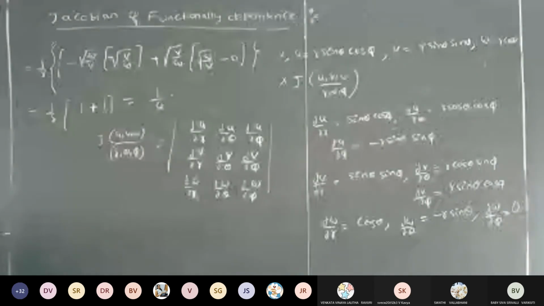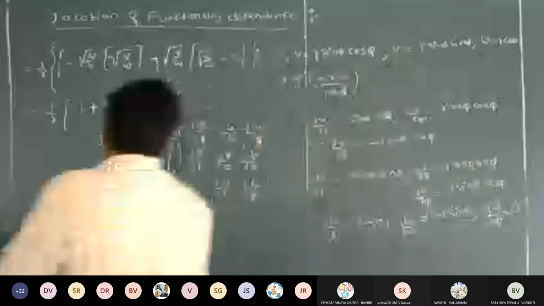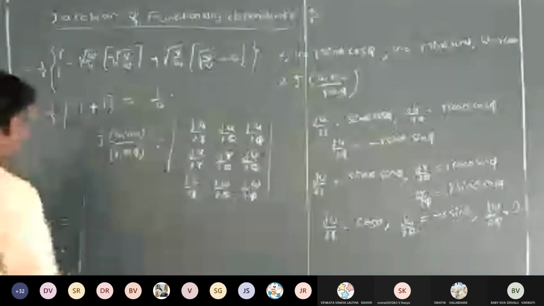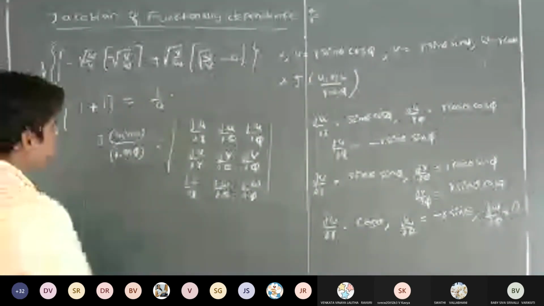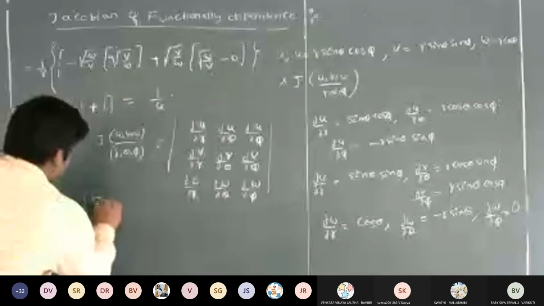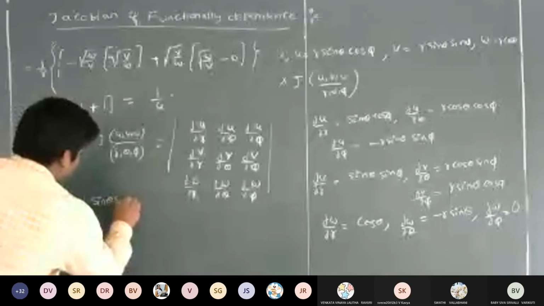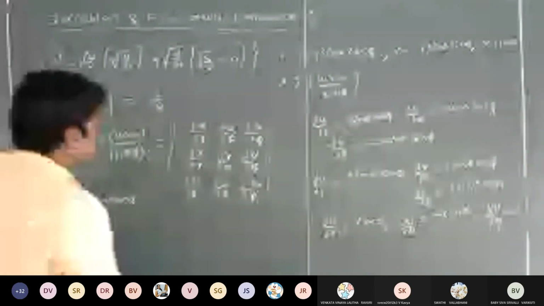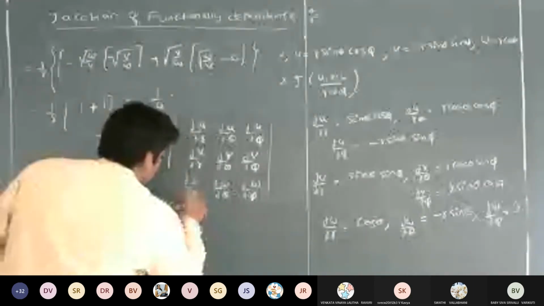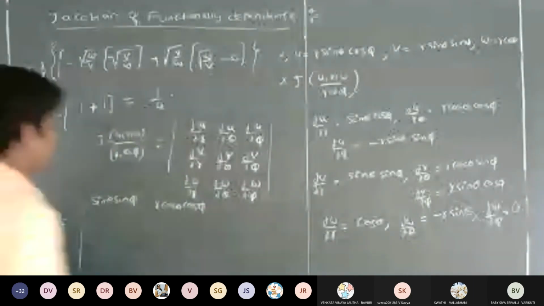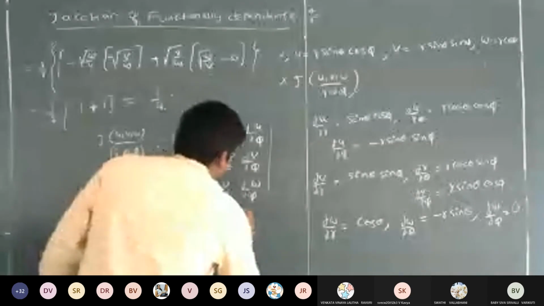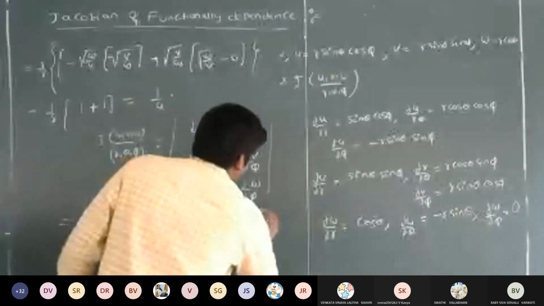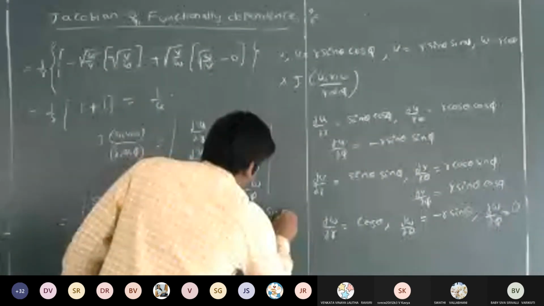Right. So therefore, you just substitute the values here, then you can simplify, and you will get the required result. So the first one is dou u by dou r. So this is sin theta cos phi. Next, what is dou u by dou theta? So this is r cos theta cos phi. Next, dou u by dou phi. So you just substitute very carefully and you can calculate the determinant value. Then you will get the final value.